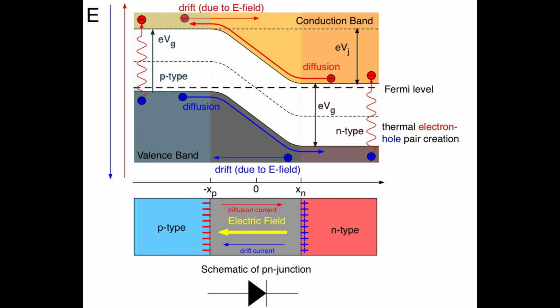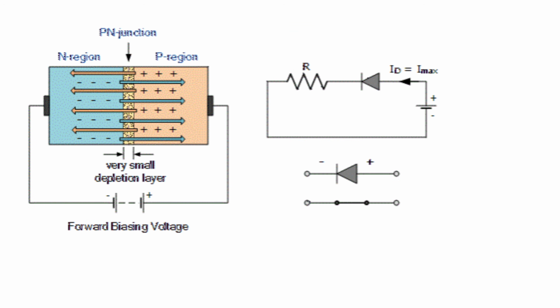This diffusion leaves behind positively charged donor ions in the n-type region and negatively charged acceptor ions in the p-type region. These immobile ions create an electric field that opposes further diffusion of charge carriers, resulting in a region depleted of free charge carriers. The region is known as the depletion region, also known as the depletion zone or space charge region. Now, when we apply a positive voltage,